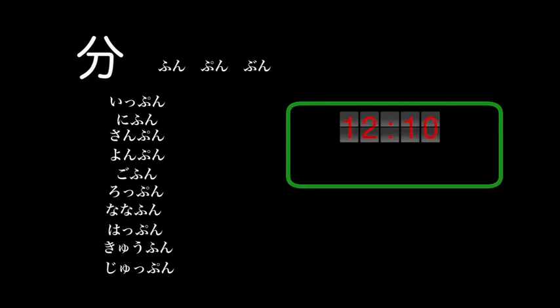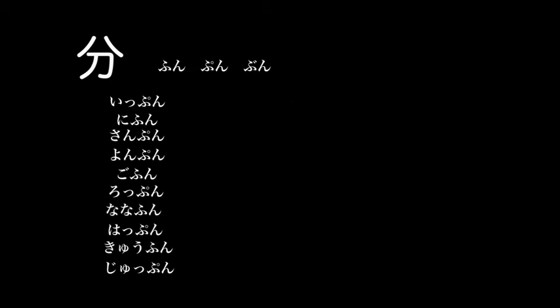12 juppun. 12:10. If we wanted to look at the minutes between 10 and 20 minutes, we simply put ju in front. Ju ippun. Ju nifun. Ju sanpun, meaning 13 minutes. Ju yonpun,